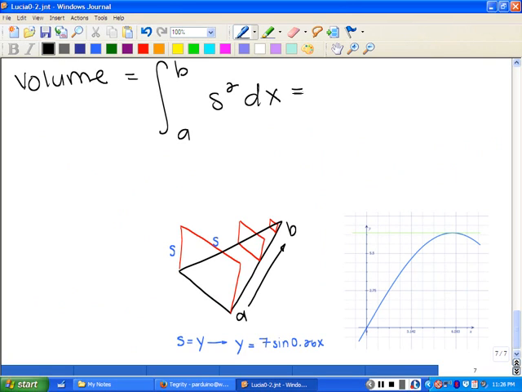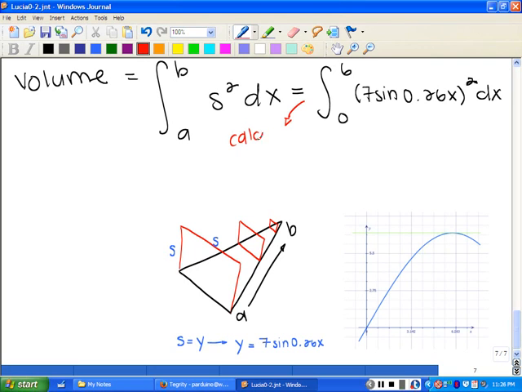This is the information we found: the integral from 0 to 6 of (7 sine 0.26x) squared dx. For this problem, we can actually use a calculator, although you can also do it by hand. It is much more efficient to do that on a calculator. And this will all then equal